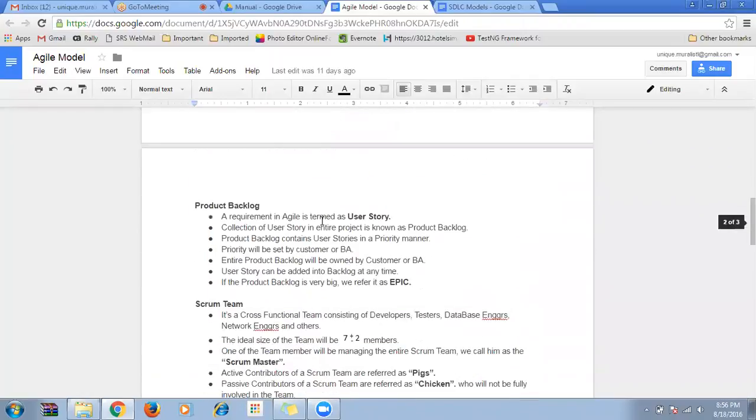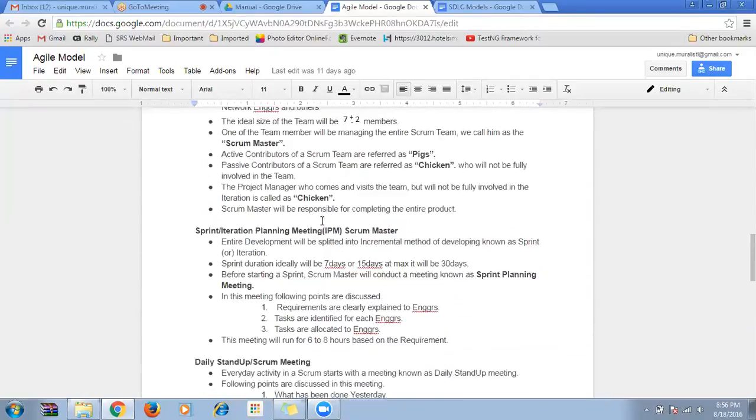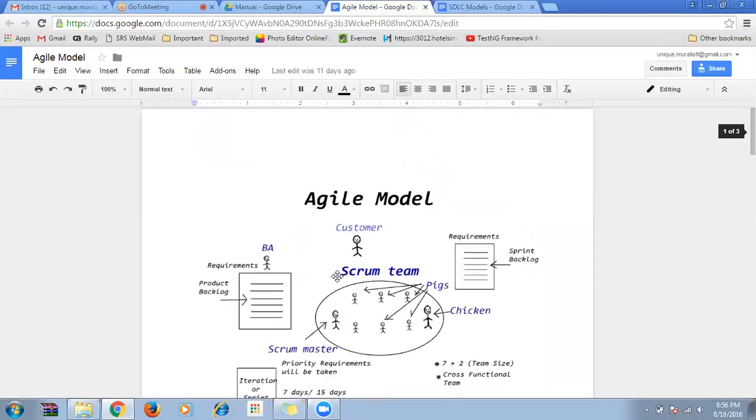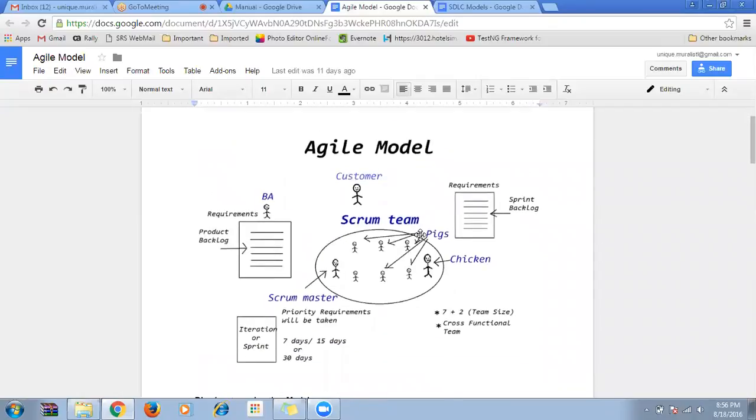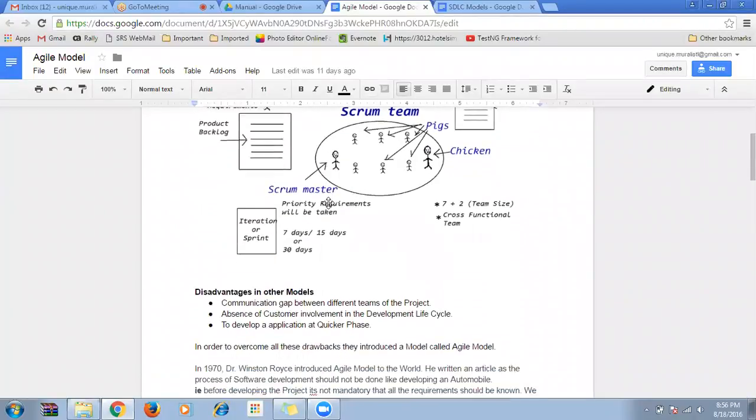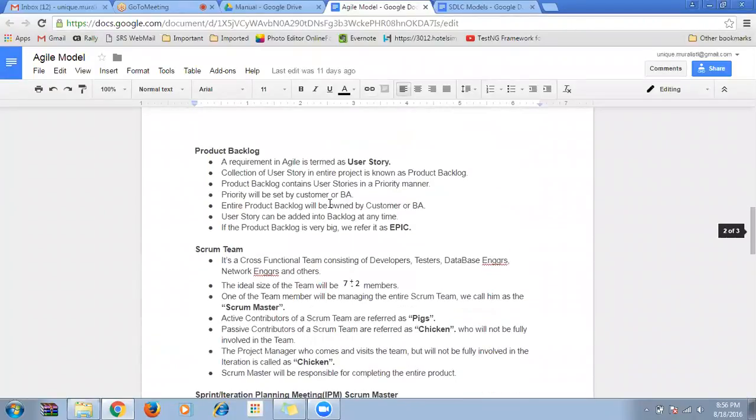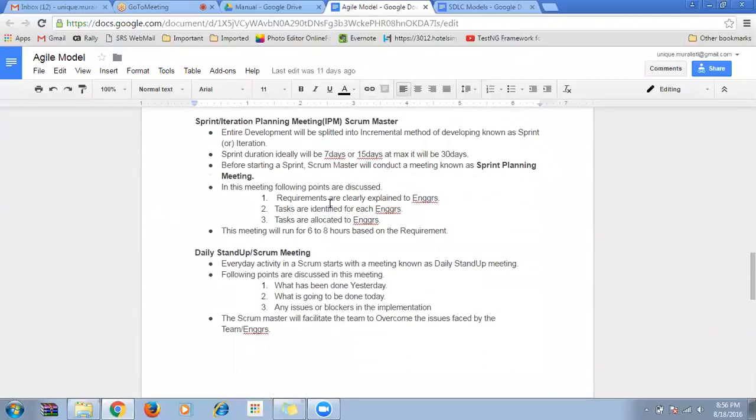For the agile model, for example, this is a diagrammatic way of showing how Scrum, which you might know about, and agile methodology work: how the process is developed, how the software is developed, how it is delivered, and which phase has been delivered. I will explain that process and give everything to you. Right now, in this current world, everyone is working on the agile model only. 90% of applications are developed through the agile model process only.